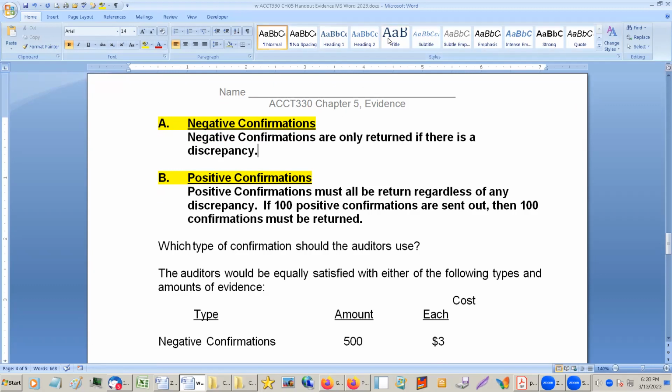Anyone? Hey, are you guys sleeping? I guess we cannot confirm that there is, with other accounts they don't respond. We cannot confirm that they're good and they're accurate. That's exactly right. You don't know what happened to the confirmation. First of all, you don't even know if they got it. Maybe they delivered it to the wrong address or whatever. Delivered to the company, someone didn't know what it was, threw it in the garbage, or someone opens it up and goes, oh, this is ridiculous, this is all wrong, and throws it in the garbage. You don't know what happened with that. So the negative confirmations aren't as good as the positive ones.